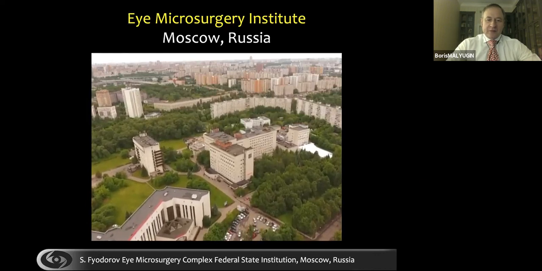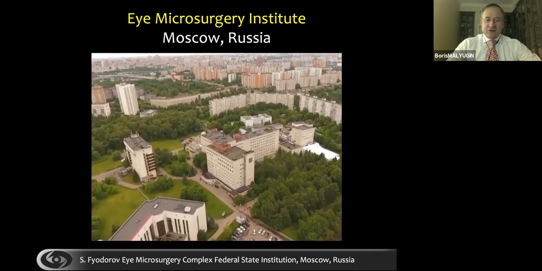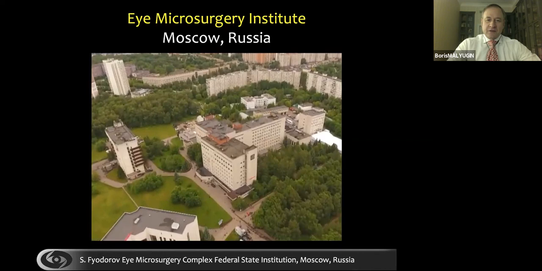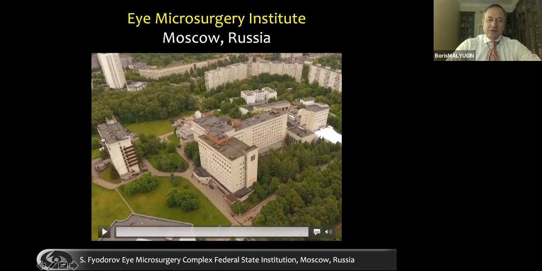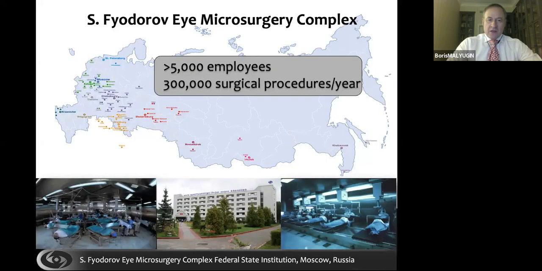First of all, a little bit about myself and the institution. This is the Fyodorov Eye Microsurgery Institution, as shown here, and you actually see the main building. We have an educational facility. We have polyclinics and a place where our patients can stay short term. We have the major facility in Moscow, and we also have